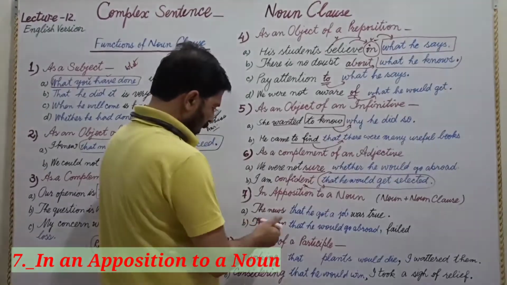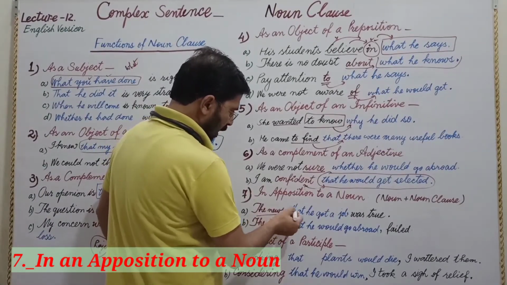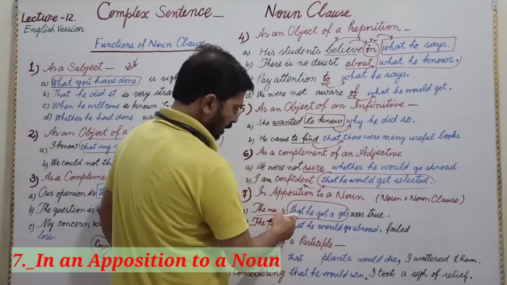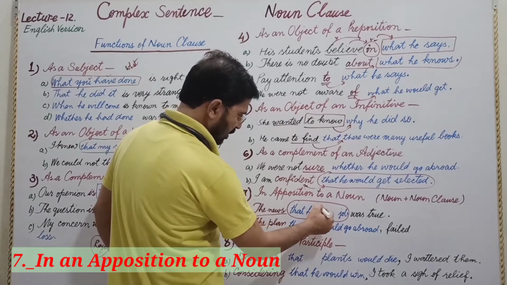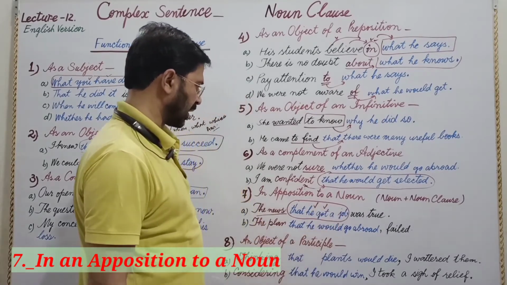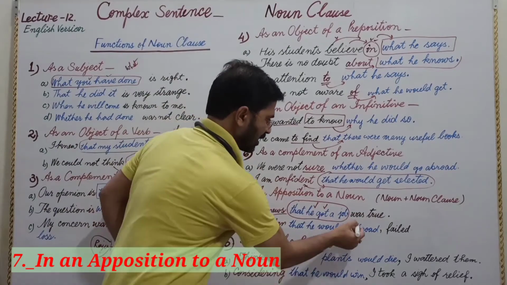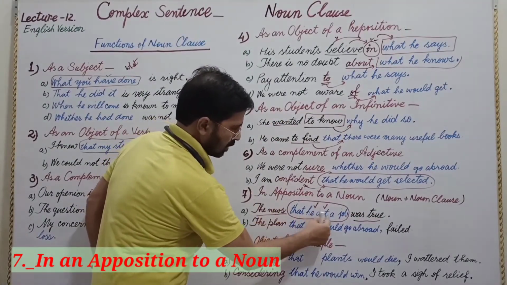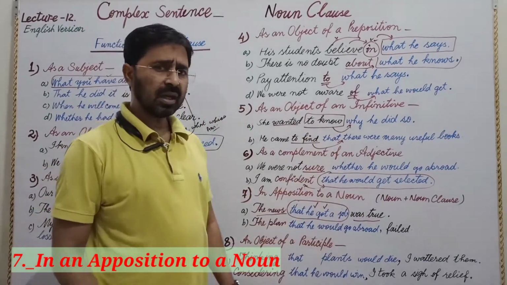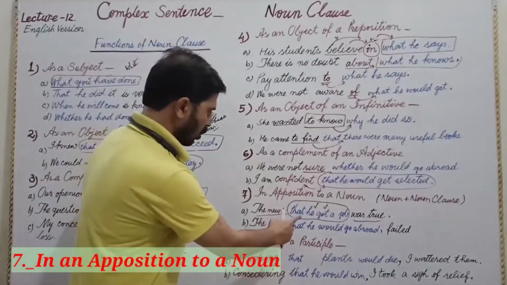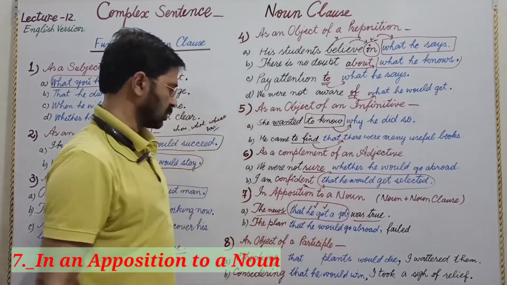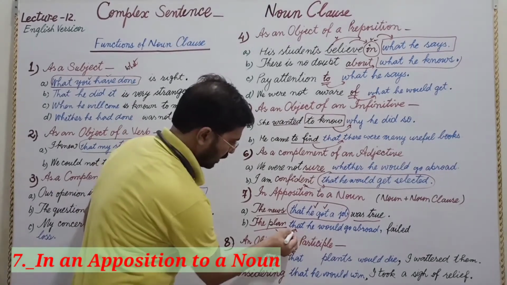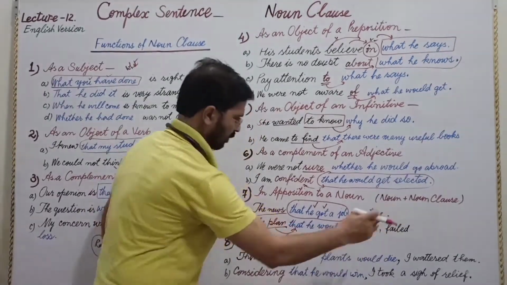The news is the first noun, and when we define the news further, that he got a job, in which I have a subject and a verb, subject and predicate both, was true. This is the best part of the sentence. Noun apposition, and your rest of the clause. This is called subordinate clause, this is principal clause. In the same way, the plan is defined here in blue words, and then you have your principal clause.